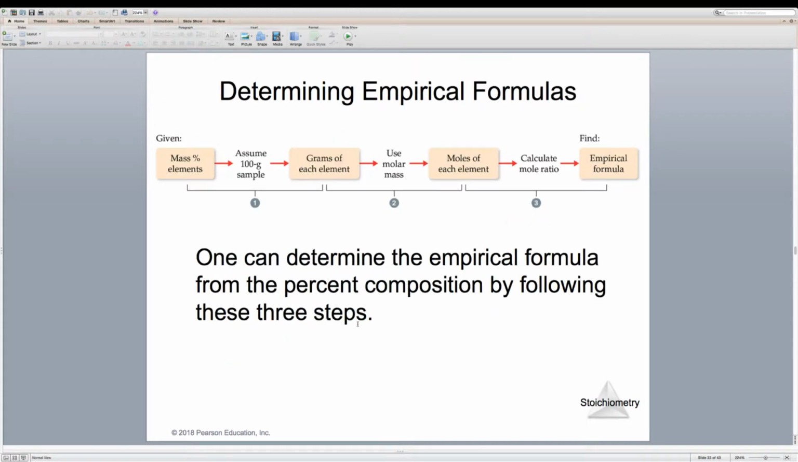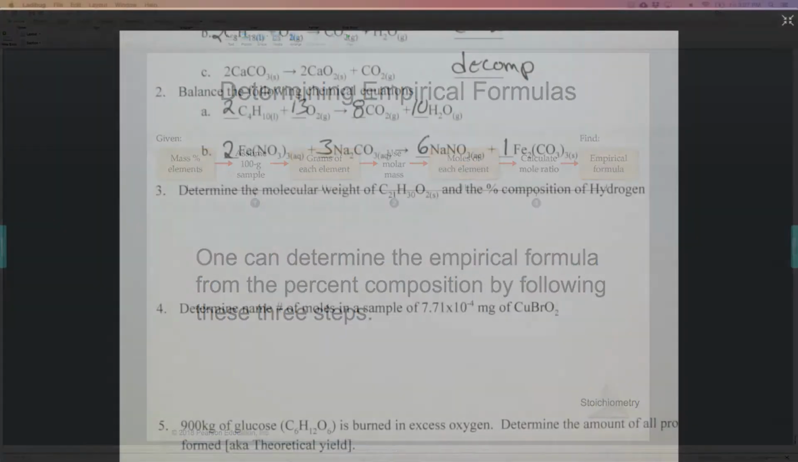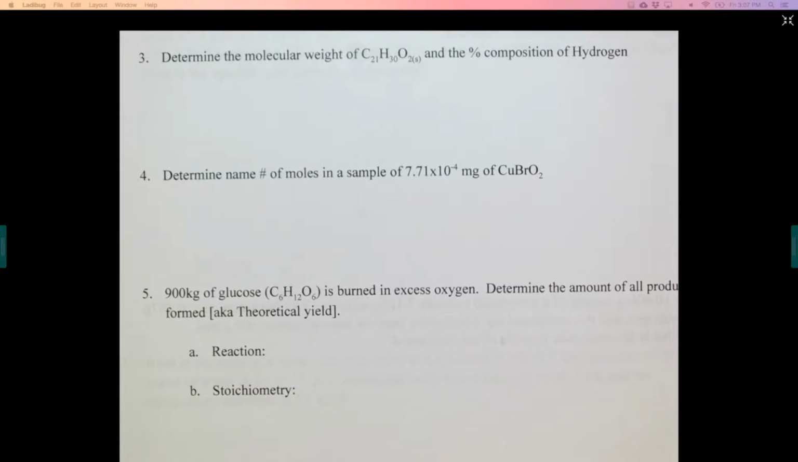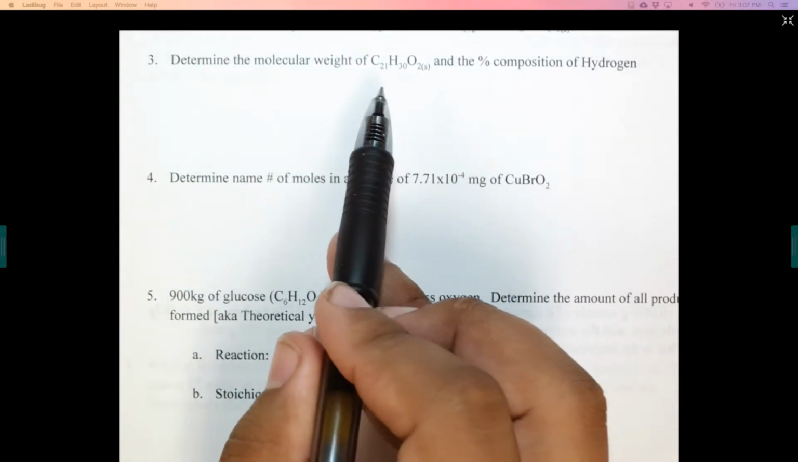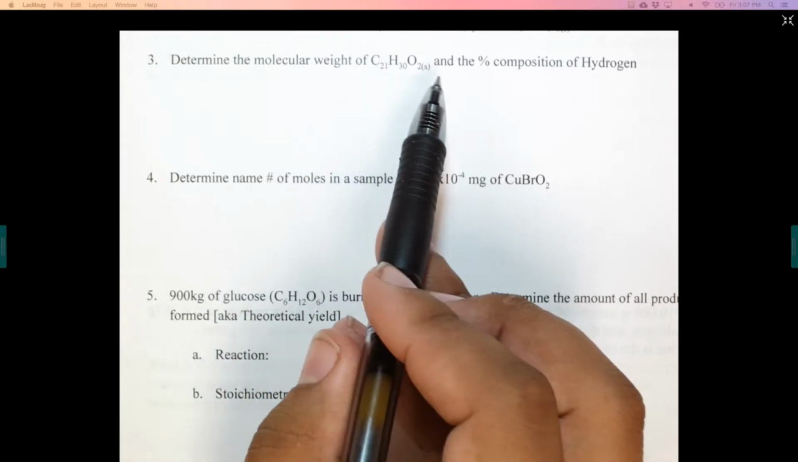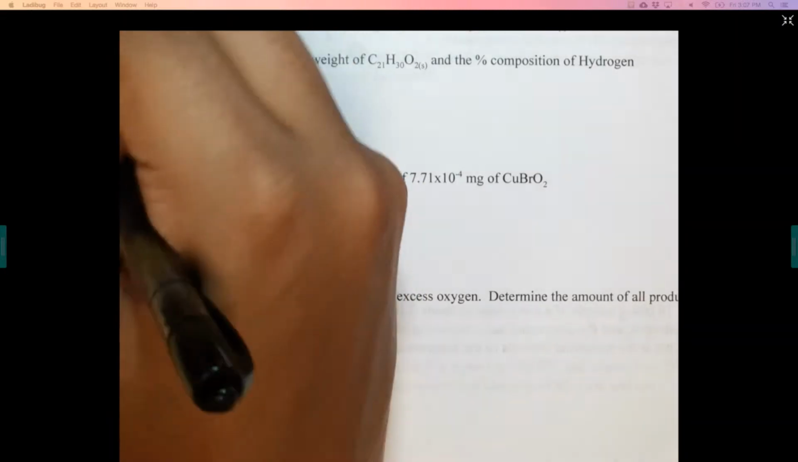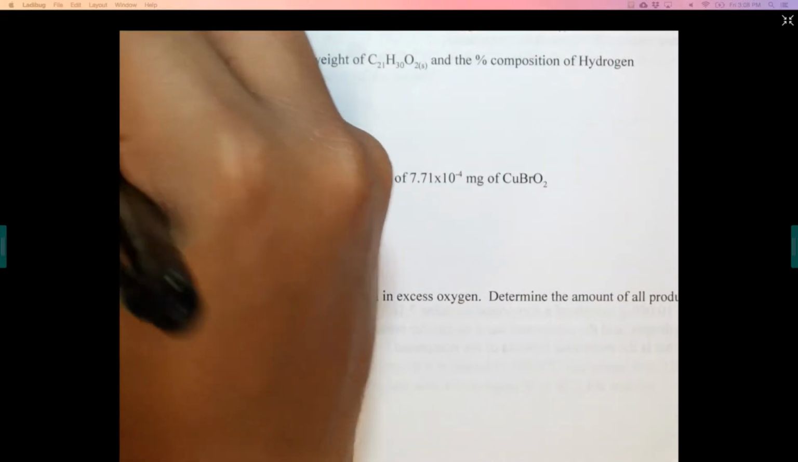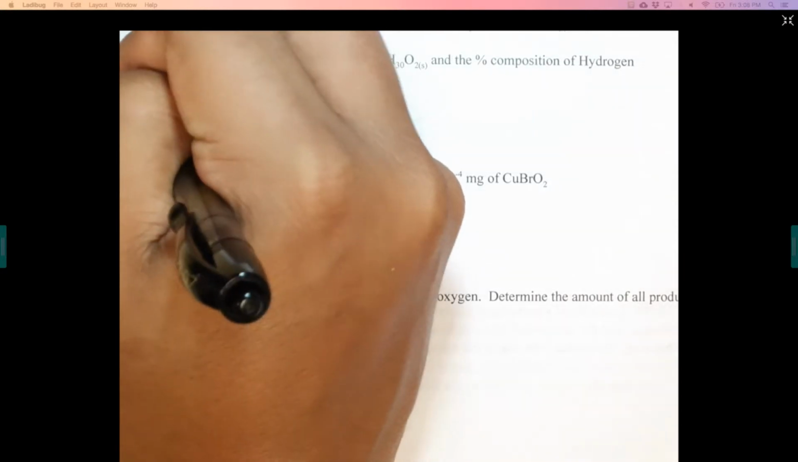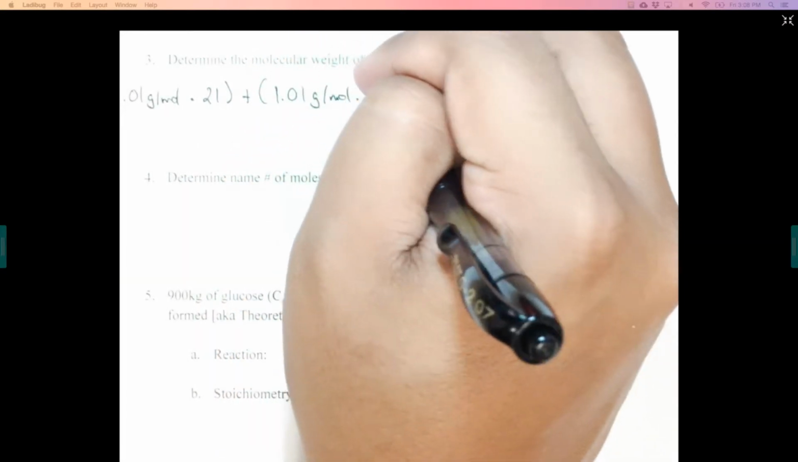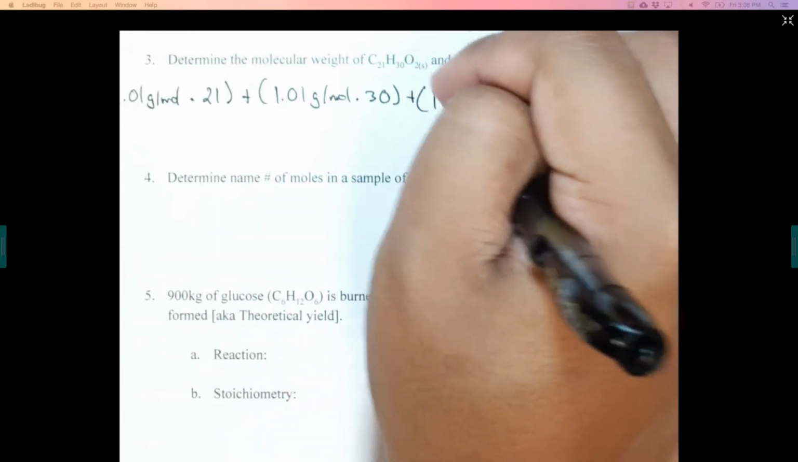So before we get into determination of empirical formulas, let's go to the worksheet and look at the determination of the molecular weight of a particular compound. Here, this is a carbohydrate, right? And the percent composition of hydrogen. Well, if we calculate the molecular weight to be equal to 12.01 grams per mole times 21 plus 1.01 grams per mole times 30 plus 16 grams per mole,